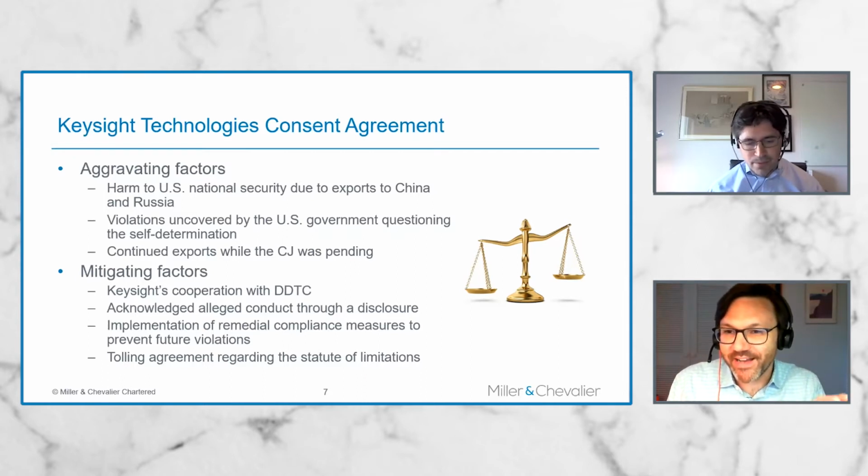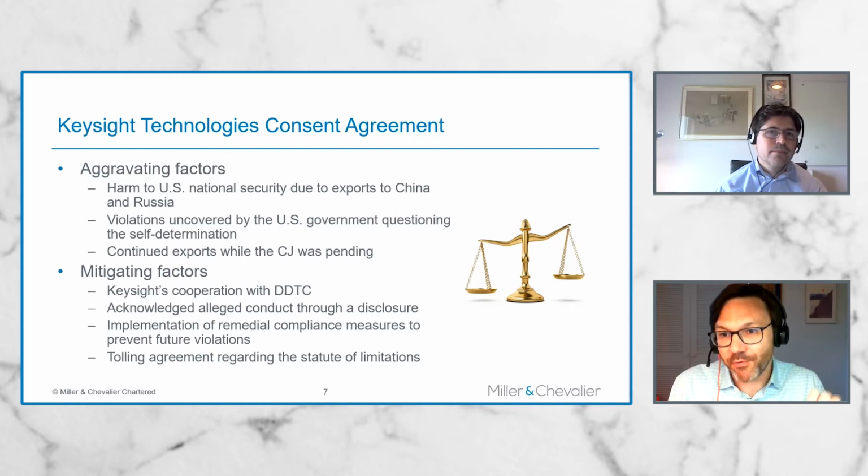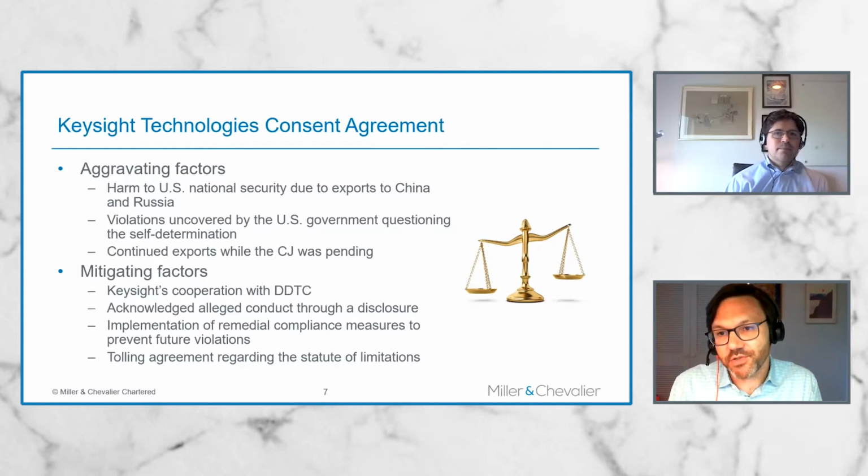Another related issue that is not technically an aggravating factor is the fact that the company did also decide to take an appeal from the original CJ determination. Now, while that is not, you're never going to see that listed as an aggravating factor. I think we all know that as a practical matter, if you're going to continue to fight